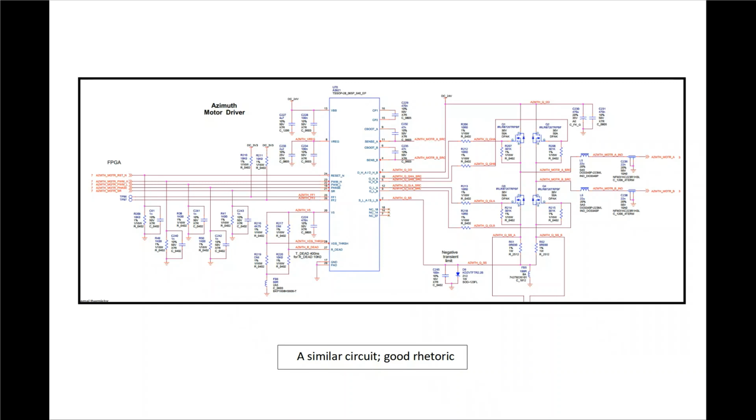Here, however, is a similar circuit, which is only one driver and one MOSFET bridge. Now, this is an example of a much clearer presentation. The signal flow is readily apparent. In this case, it progresses from left to right, since this is how readers of Latin-based languages tend to process information. It's best to adhere to that convention when possible.